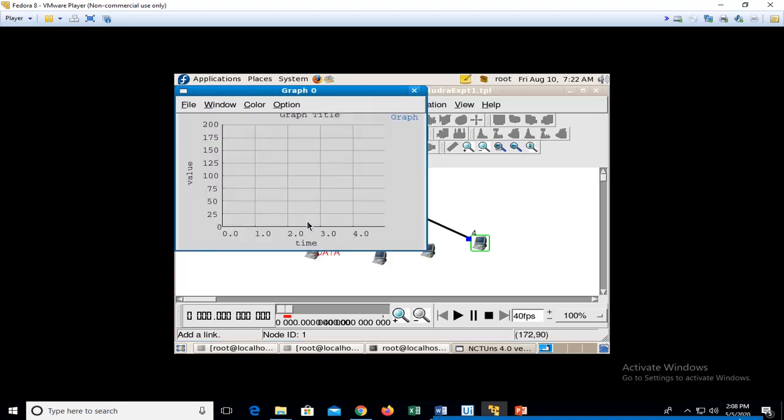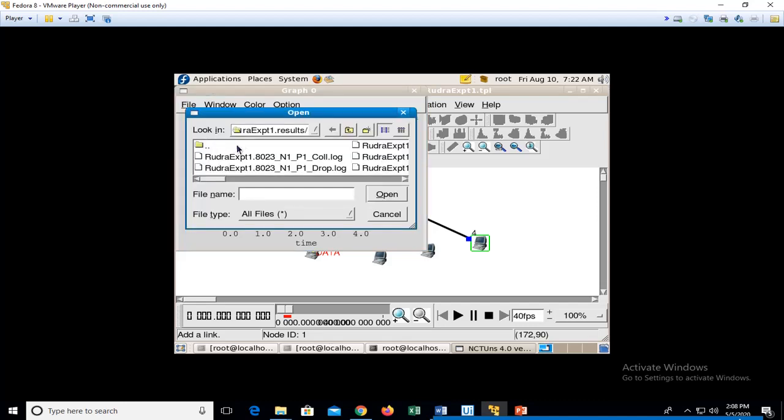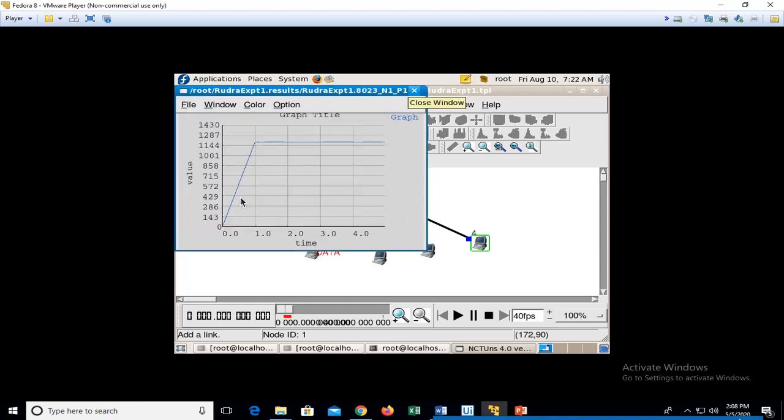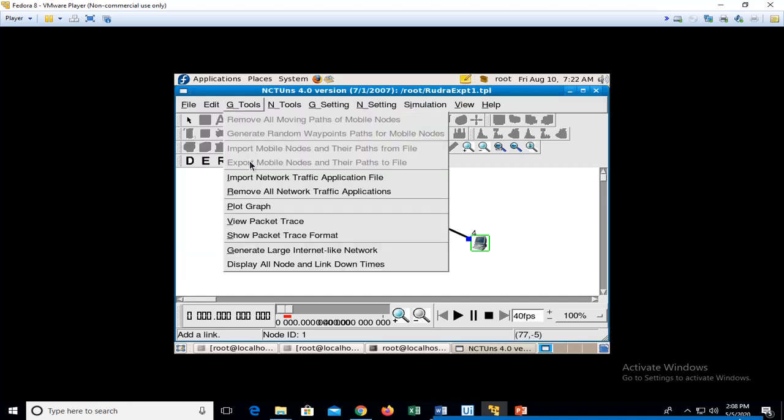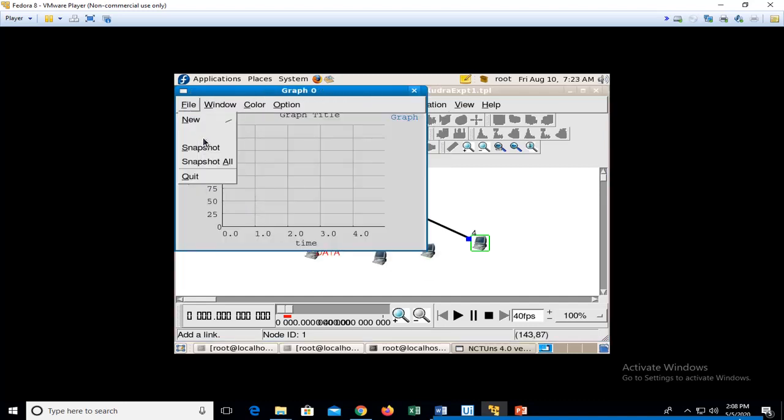Those are the things you can configure in order to see the drop statistics. Since at node 1 and node 4 we don't have any dropped packets, it is showing as 0. That is, nothing is being plotted over here, which is 0. Suppose I want to see the throughput. You can see that after say 1 second of time, we have a maximum throughput occurring. That is, all the packets are being sent out on the available port. This is how we can check the statistical parameters.